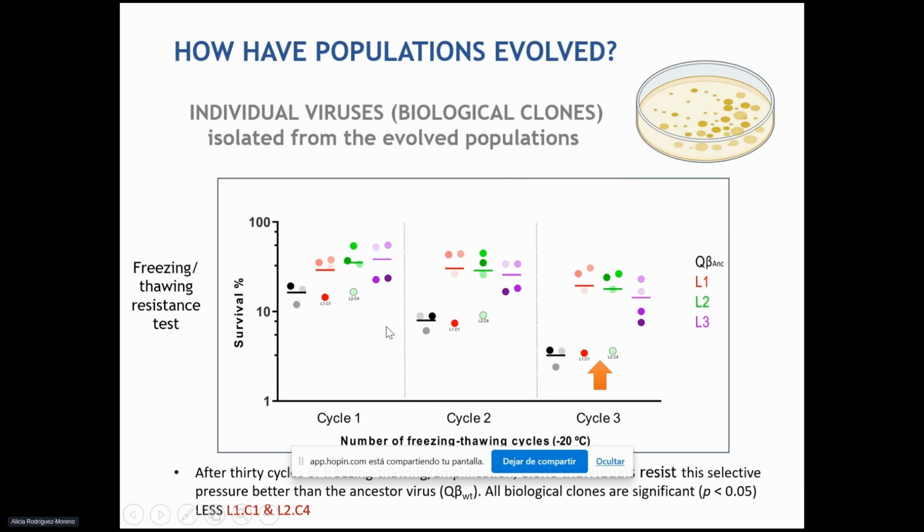For these clones, we can provide an explanation because we sequenced them. I'm not going to show you all the mutations that these clones have, but these atypical clones are so because the one in red has the 201 mutation, which we know is disadvantageous for the freezing-thawing cycle. And the other, the clone from population 2, does not have any of the general mutations. And that's it.